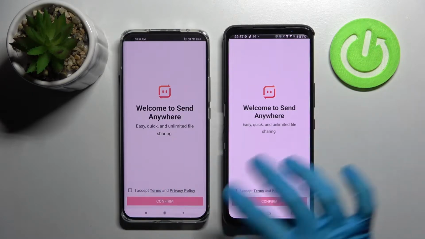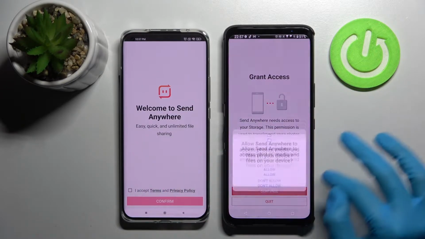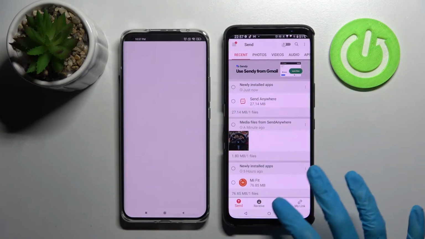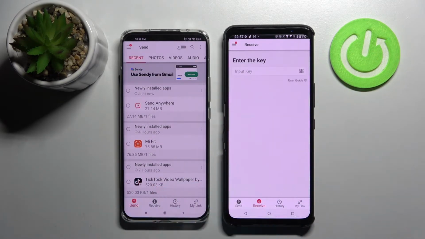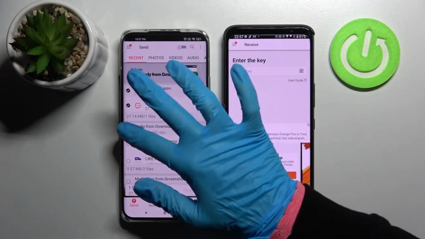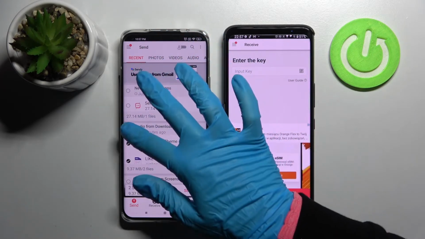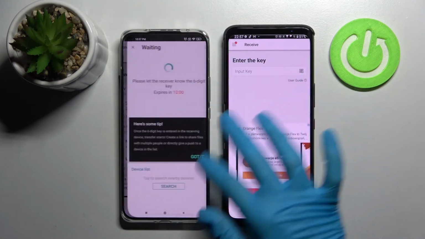From this screen over here, you need to select I accept, confirm, continue and allow. Then choose Receive on an Android and Send on XIAOMI. Now tap on all of those type of dots and choose Send. This way you will select all of those files and transfer them. It will take a while though, so I will go with this one file, choose Send and tap on Got